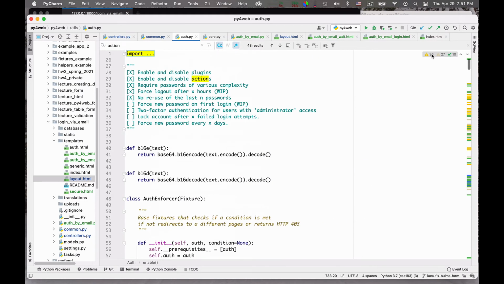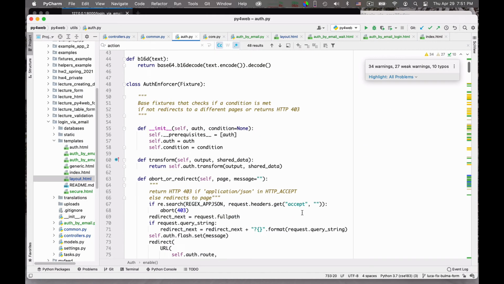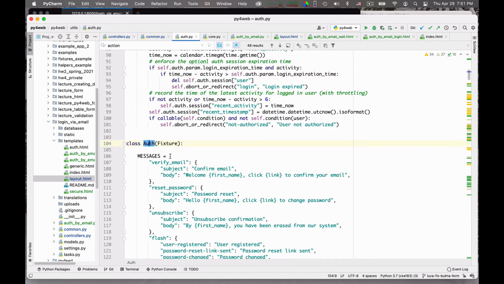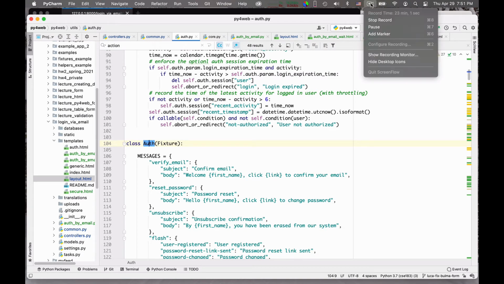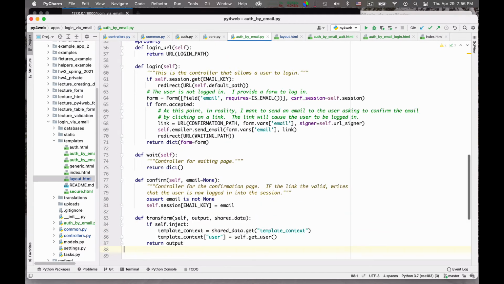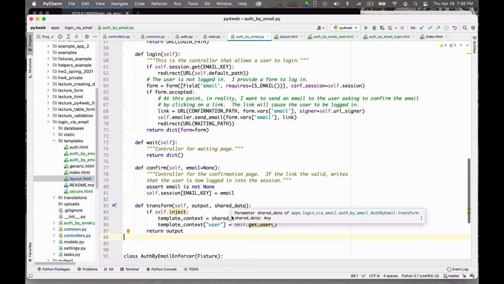Auth, this is the classical auth, okay? And it should be able to actually inject in the globals that. So let me see how that is done. To inject the user object, I have to do something like this. I have to use my transform method of the output.